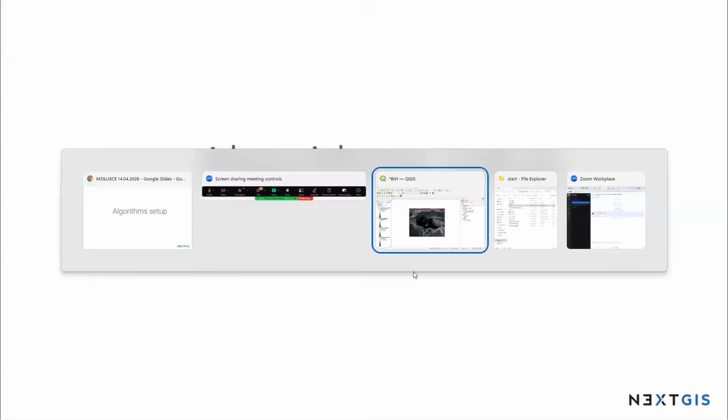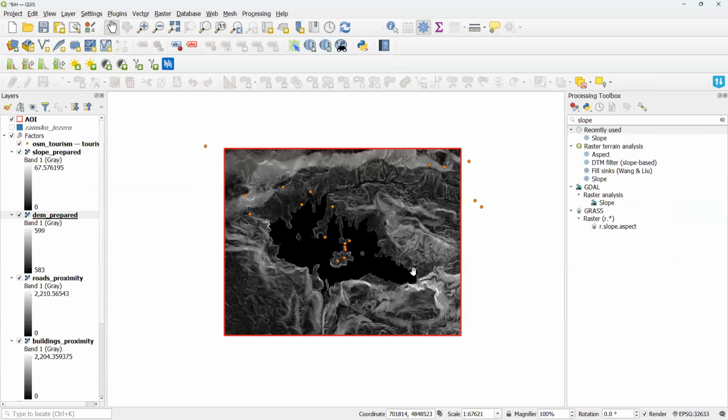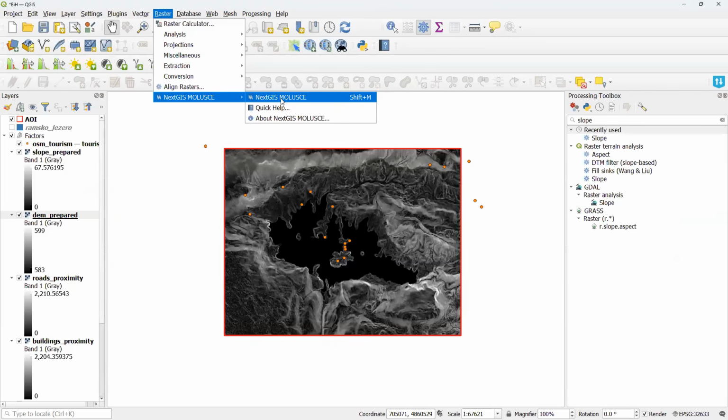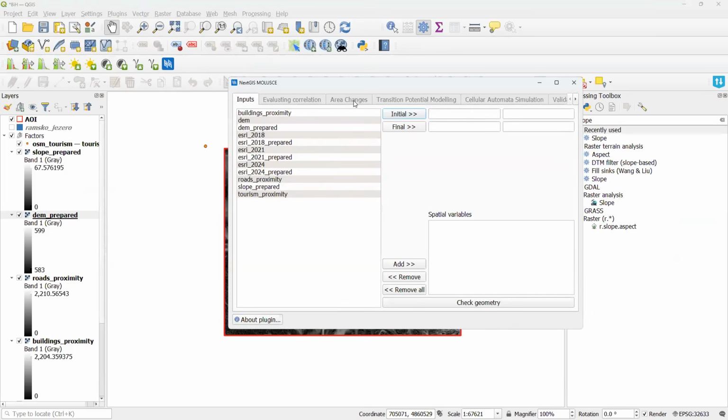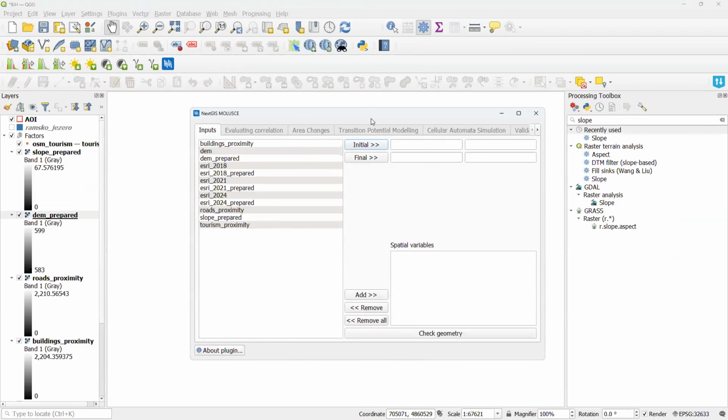Very well, go back to QGIS and let's run MOLUSCE in the end. That's why we are here. I go to raster, NextGIS MOLUSCE. And this is what I have, the MOLUSCE interface. It is built as step-by-step tabs. And now we are at the input step, and we can go to the next steps until we